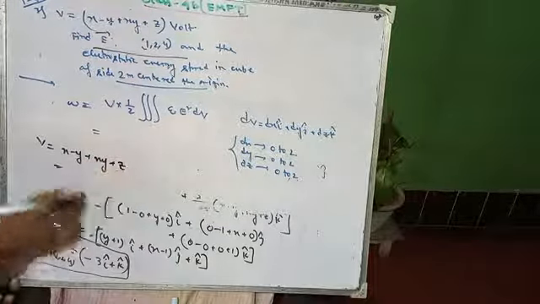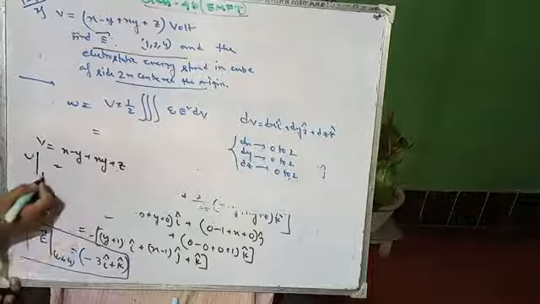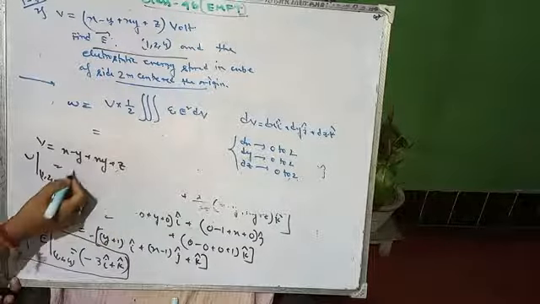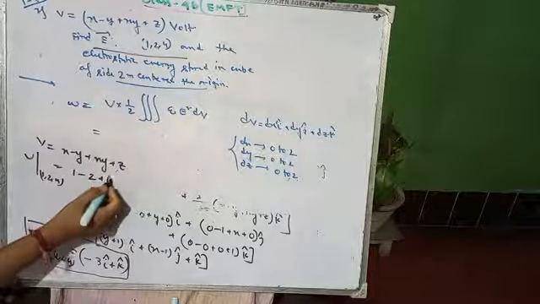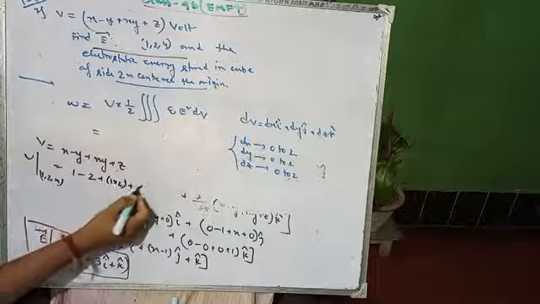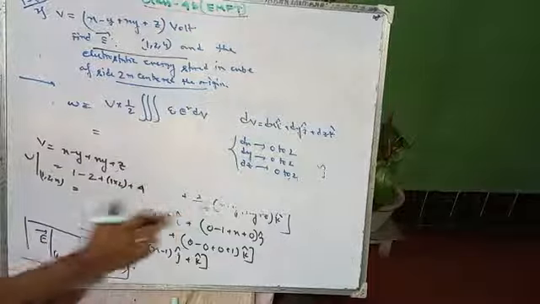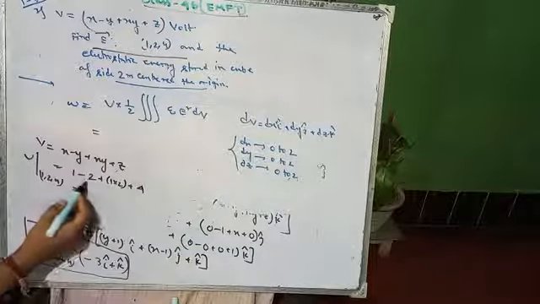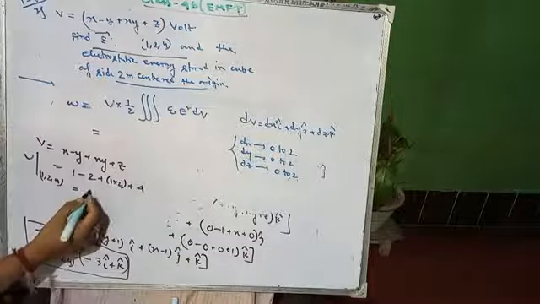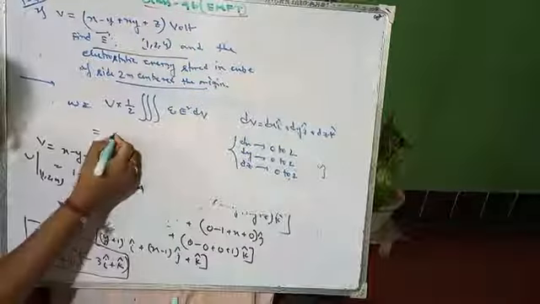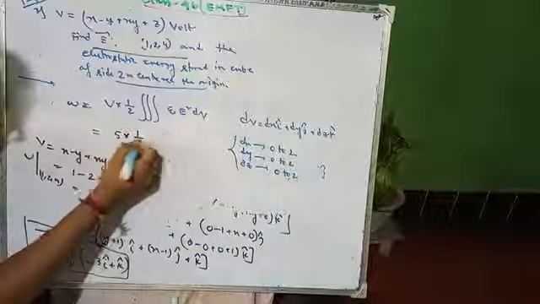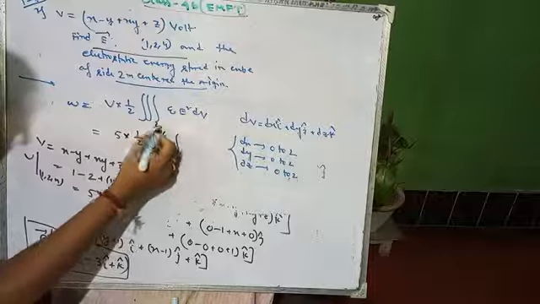So put it in: V at the point (1, 2, 4) will be 1 minus 2 plus 1 into 2 plus 4. Minus 2 plus 2 cancel out, so that equals 5. So W equals 5 into half into the triple integration from 0 to 2, 0 to 2, 0 to 2,